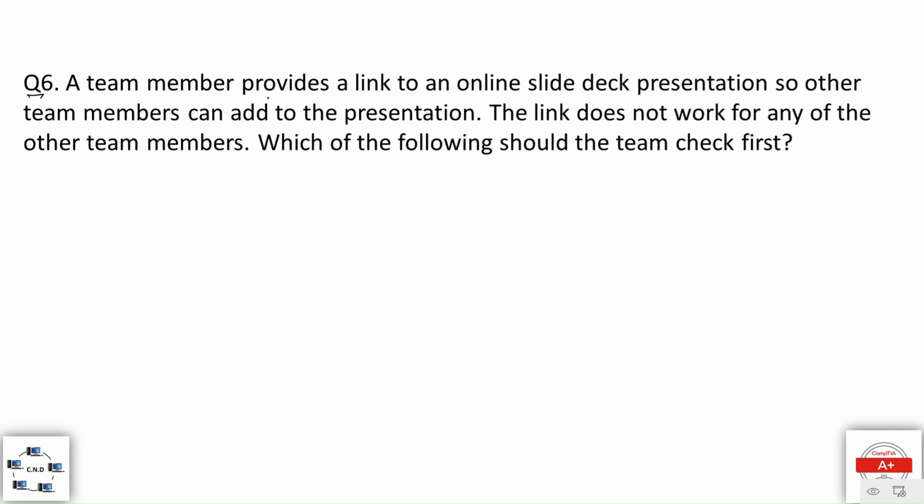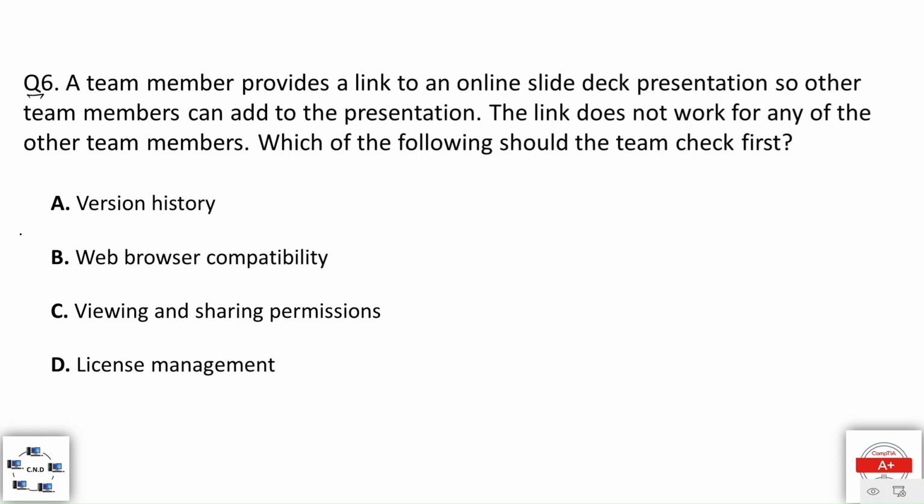Question number 6. A team member provides a link to an online slide deck presentation so other team members can add to the presentation. The link does not work for any of the other team members. Which of the following should the team check first? The options are option A, version history, option B, web browser compatibility, option C, viewing and sharing permission, and option D, license management. And the correct option is